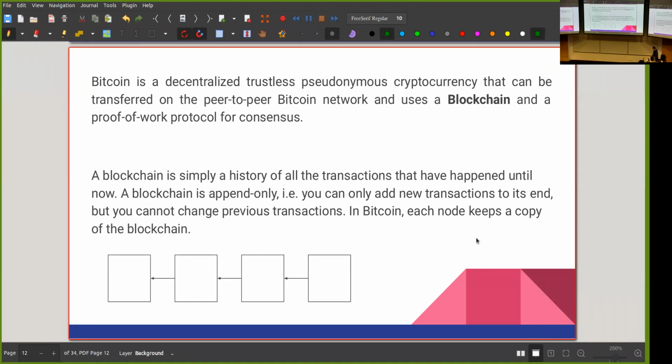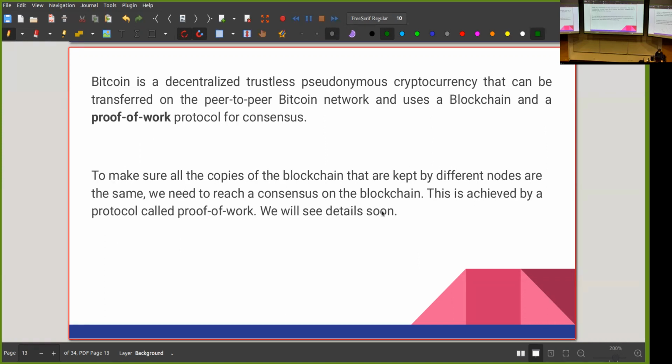Now, again, we have to go back to the decentralization. So we said that all the nodes on the network are equal. If everyone is equal to everyone else, who keeps track of the blockchain? Who keeps track of the transactions that have happened until now? And the answer to that is everyone. So if you're on this network, you have to keep track of all the transactions that have happened from 2008 until now. Okay. So, and this is usually how people show a blockchain.